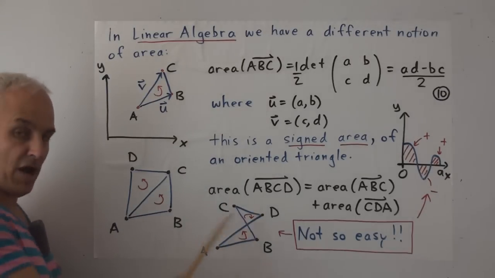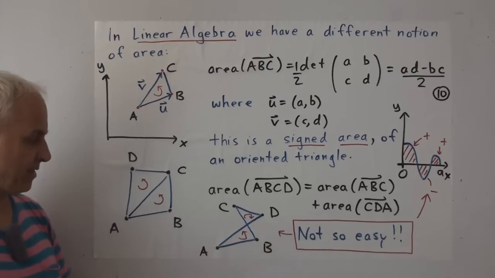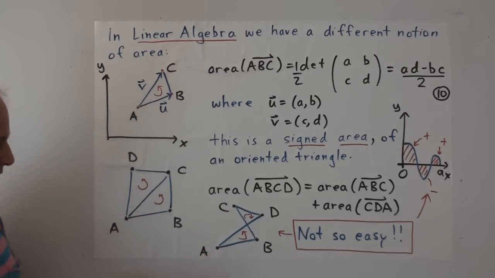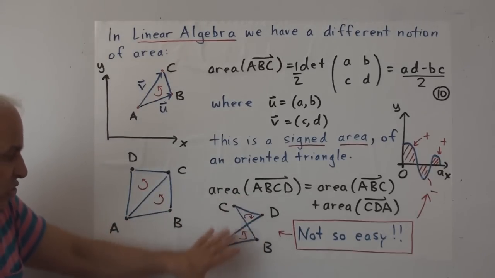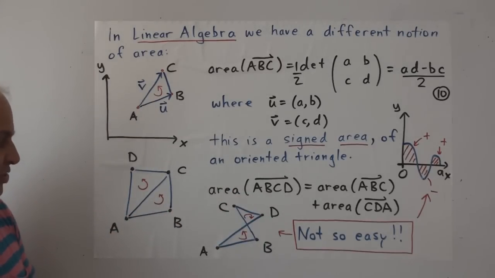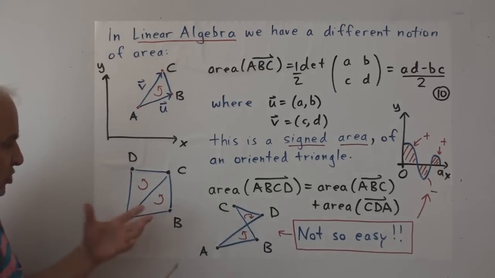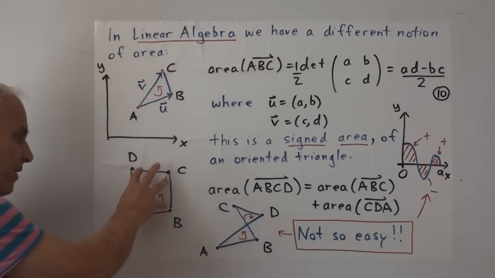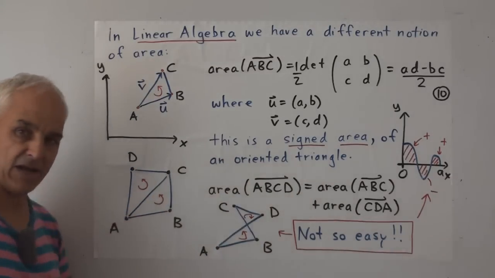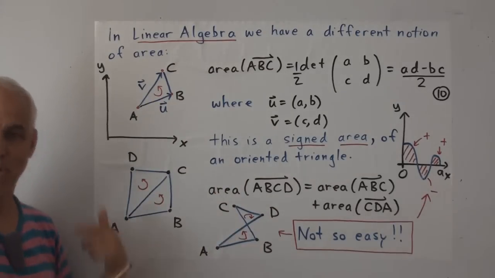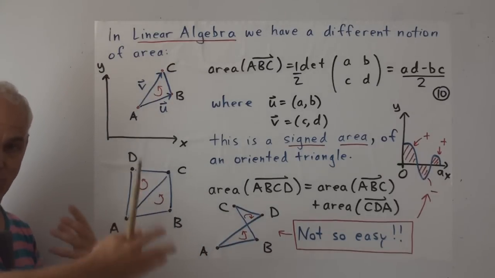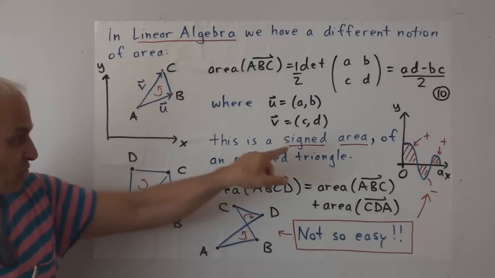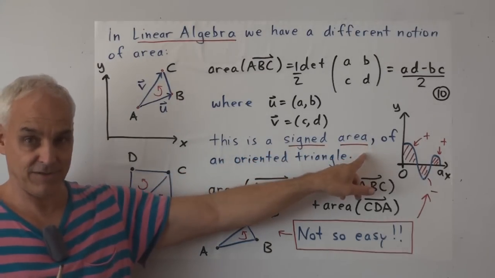Okay? All right, so one can define things like that, and then the possibility emerges of applying formulas like that to non-convex or twisted quadrilaterals like this. Right? If we have A, B, C, D in that order, then this signed area gives us an interpretation of areas in this context here. And this is quite useful if we want to have an additive theory of areas, so that if we have one polygon and then another polygon attached to it, the area of the two polygons together is the sum of the individual polygons. In fact, if you want such a theory, you are almost forced to adopt the point of view of signed areas.